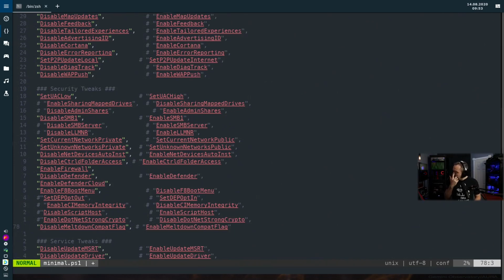Disable Meltdown flag. So here's my opinion. When it comes to Meltdown and Spectre, you see this all the time on YouTube videos: hey, this virus is out, this is going to make you insecure, all these different things. How these are exploited is almost like a proof of concept. In business, everything is CYA. Cover your own...